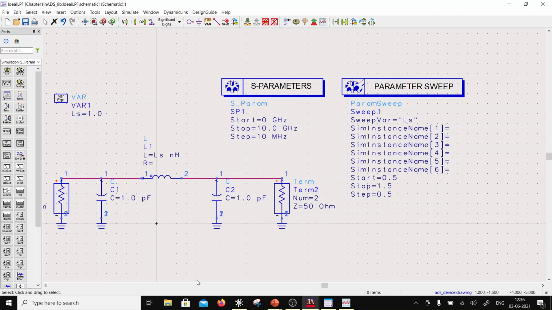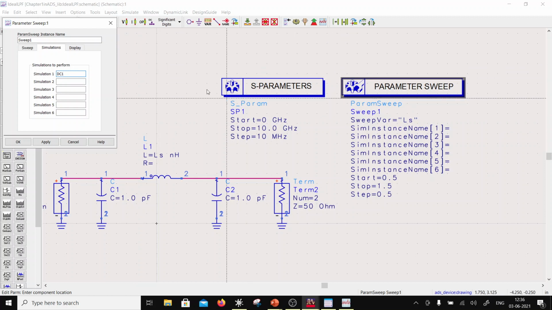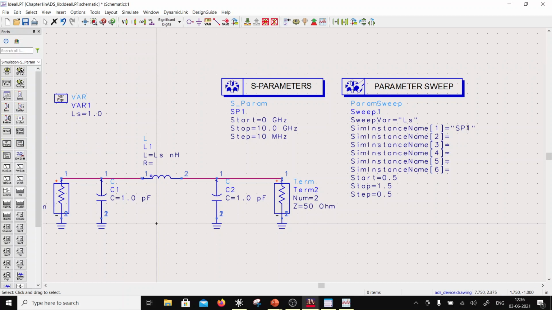So for example, here I can double click it and go under simulation and say my inner loop is under DC control, DC1. Not DC, sorry, SP1. So the inner controller is SP1. Okay, so it shows up here. So I have an outer loop and an inner loop. So now if I hit simulate again,